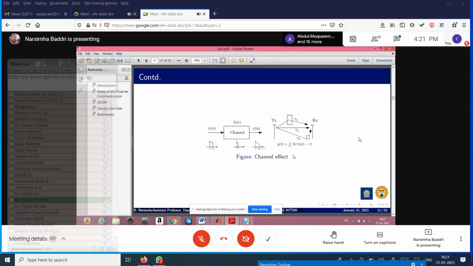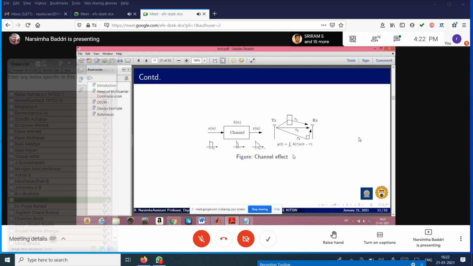Even if you rewind your simple convolution operation, if X of n is having length L and H of n, the impulse response, is having length M, then Y of n, the convolved output, will have length L plus M minus 1. The output signal will be spread in the time domain. That spreading will automatically cause inter-symbol interference. It will spread into the other symbol, because we are fixing our symbol duration to TB, but this signal is being spread to TB plus tau.